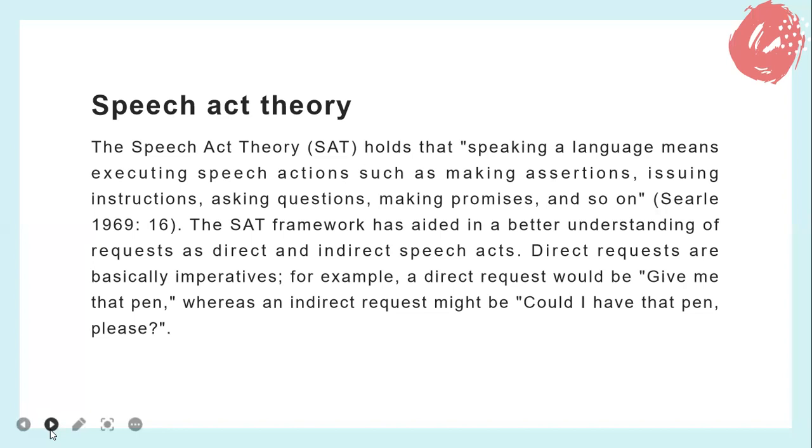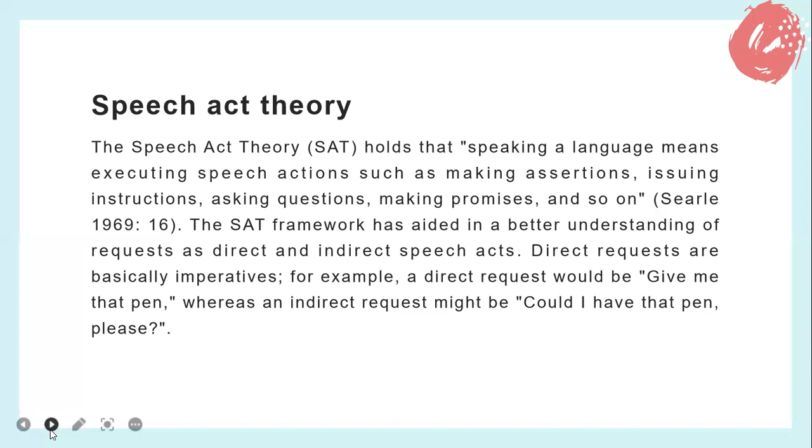It is also worth noting that Australian English speakers, regardless of context, use conventionally indirect forms. Requests in American English, on the other hand, vary depending on social distance and contextual situation factors.